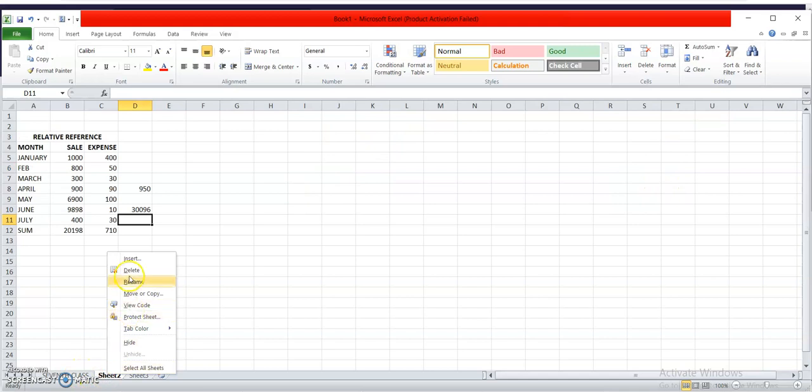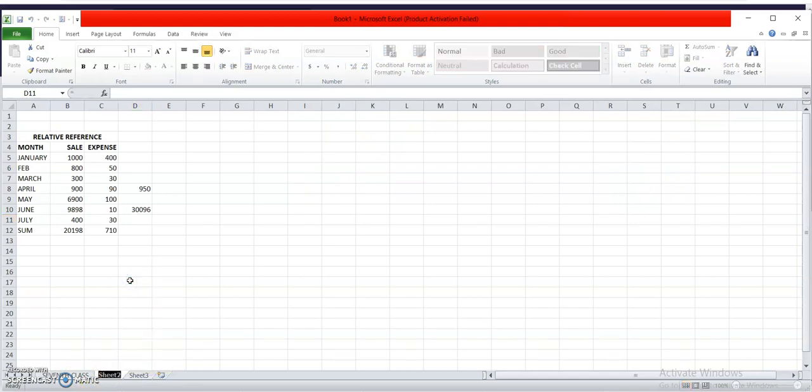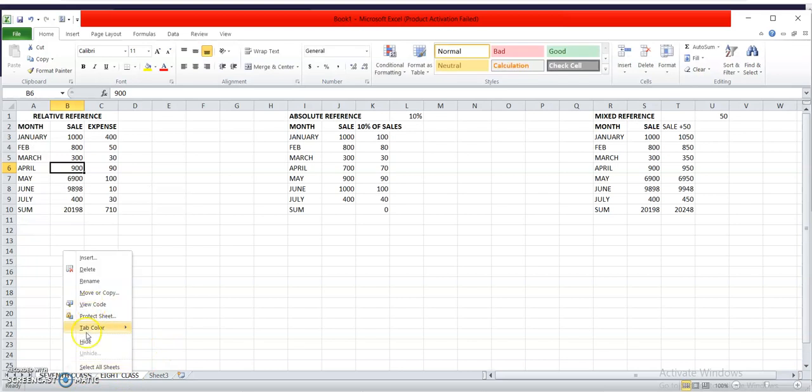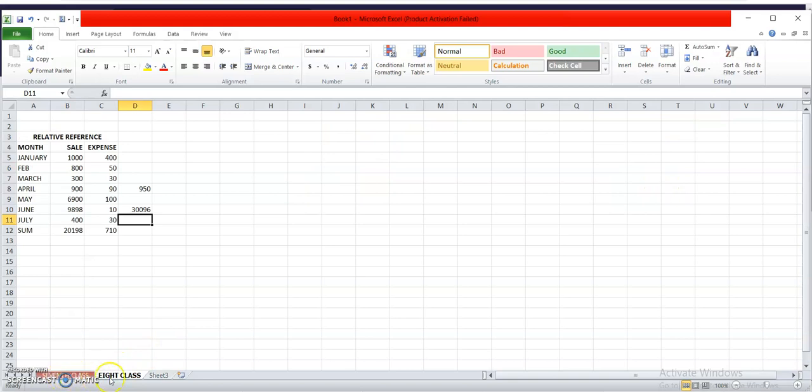I can also rename the second sheet 8th class. Like this I can rename the sheets. Now if I want to change the color, I will right click on the sheet name and I can simply change the color of the tab. You can see the sheet tab color is changed.